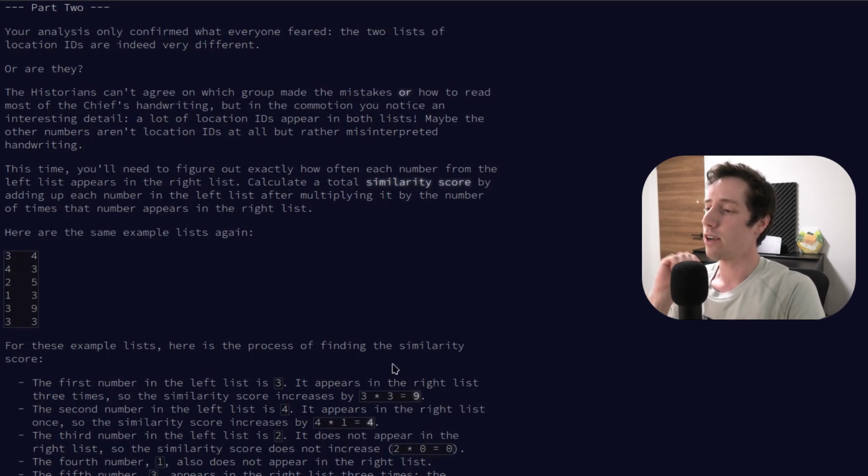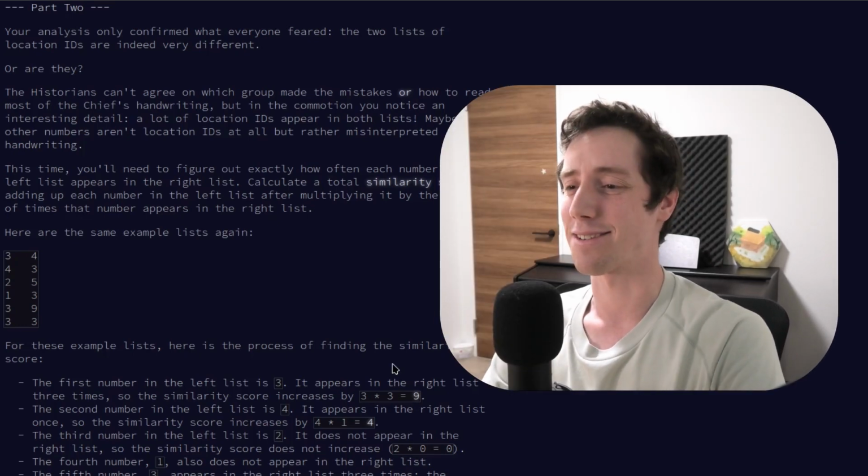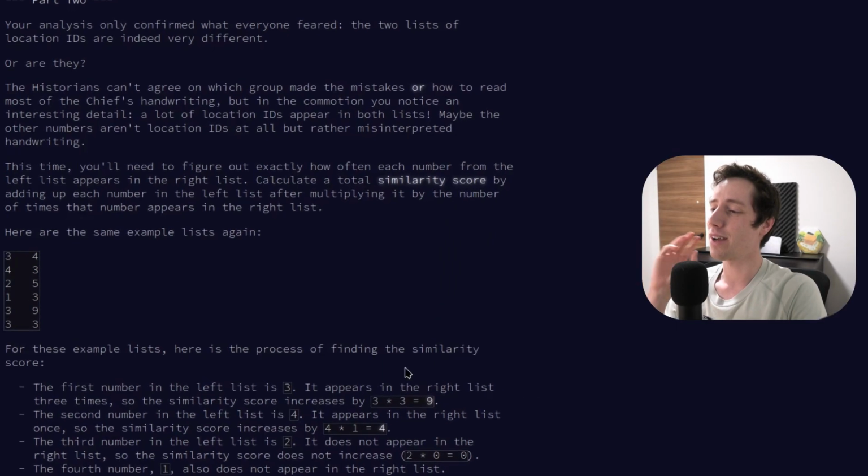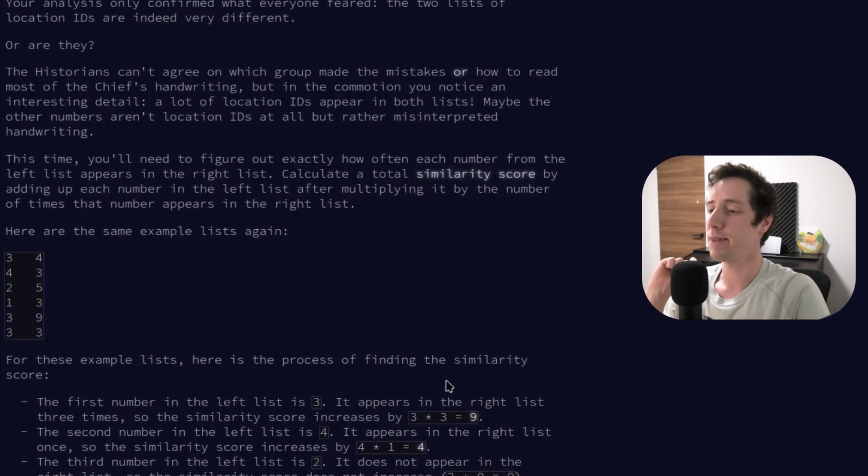The historians can't agree on which group made the mistake, or how to read most of the chief's handwriting. But in the commotion, you notice an interesting detail. A lot of location IDs appear in both lists. Oh crap, I see where this is going. Maybe the other numbers aren't location IDs at all, but rather misinterpreted